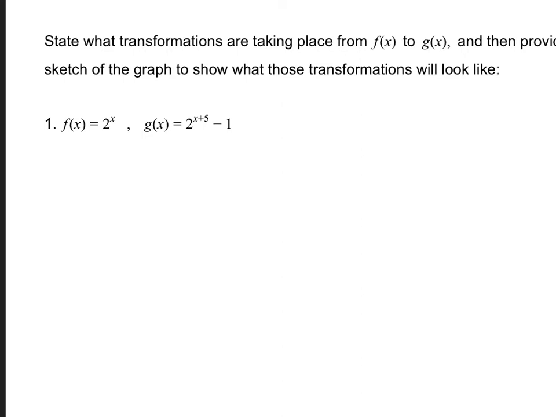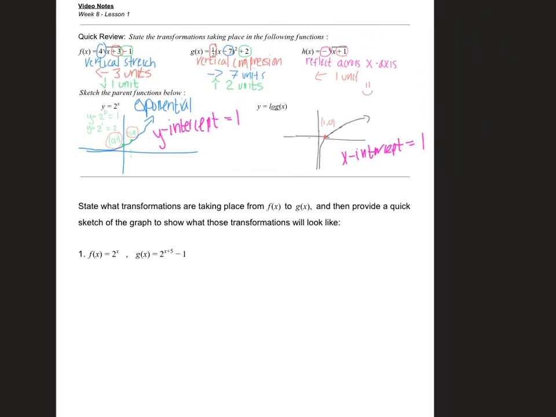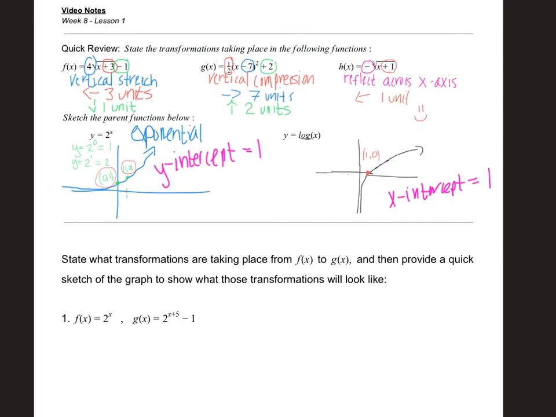So f of x equals 2 to the x plus 5, minus 1. So that 2 to the x, what's happening to it? Well, let's go in order. On the inside of the parentheses, remember this is going to look a little bit different than what we're used to. What we're used to is having parentheses or a radical to tell us, hey, this is happening on the inside, and this is happening on the outside, right? It's the same thing, except now we have to look at whether it's in that